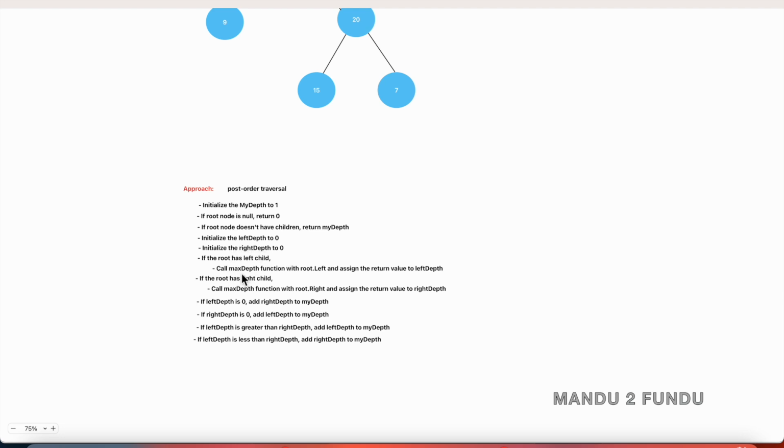Then we check whether the current node has a left child. If that is true, then we make a recursive call to the max depth function with the left child and assign the return value to the left depth variable. And if the current node has a right child, then again we make a recursive call to process that right subtree and assign the return value to right depth. Then we check whether the left depth computed is equal to 0. In that case we add the right depth to the myDepth variable,